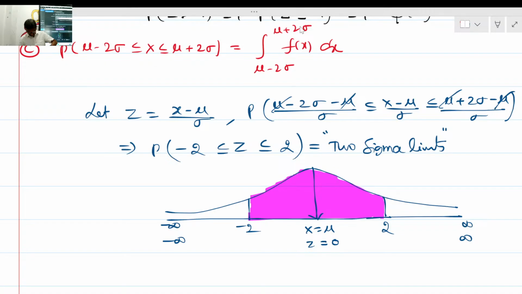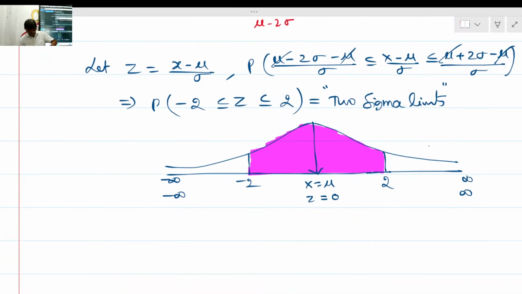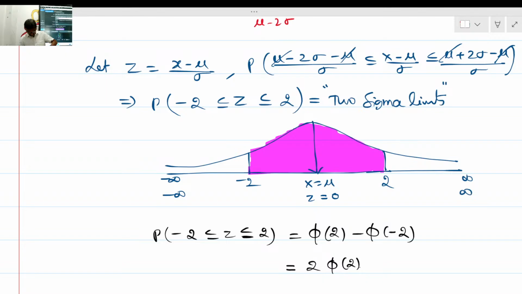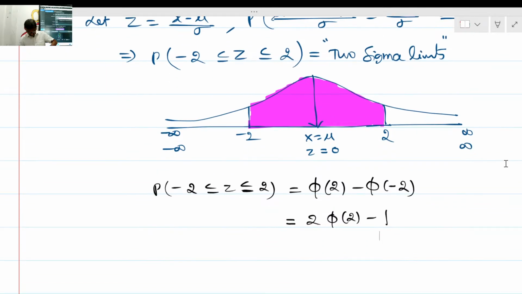Now how can you find out this value? What is the coverage area under this curve? Probability of minus 2 less than or equal to z less than or equal to plus 2, based on the properties, is phi of 2 minus phi of minus 2. With the help of the random variable property, upper value minus lower value of CDF, that is 2 into phi of 2 minus 1, 2 into 0.95